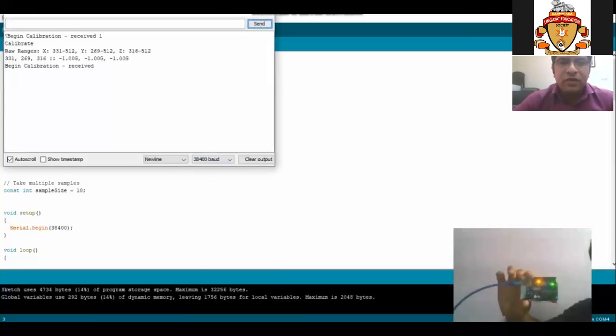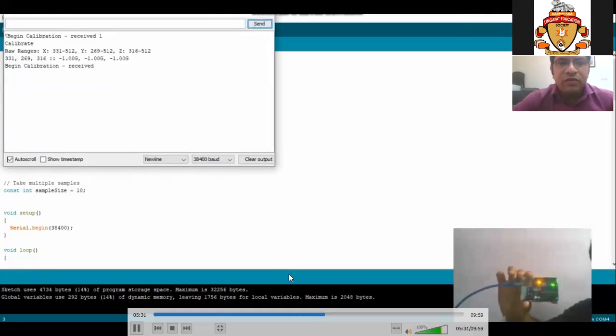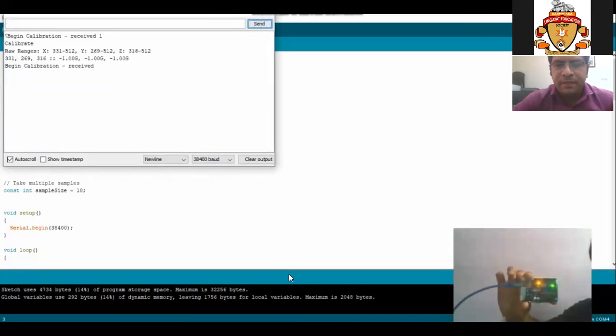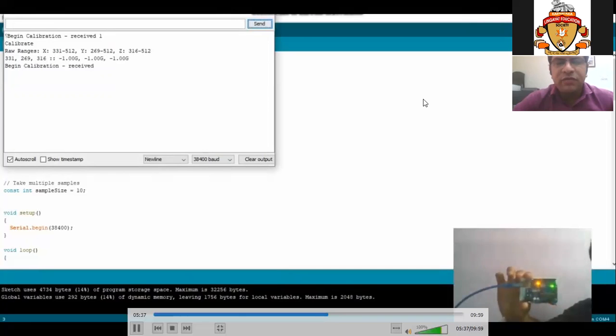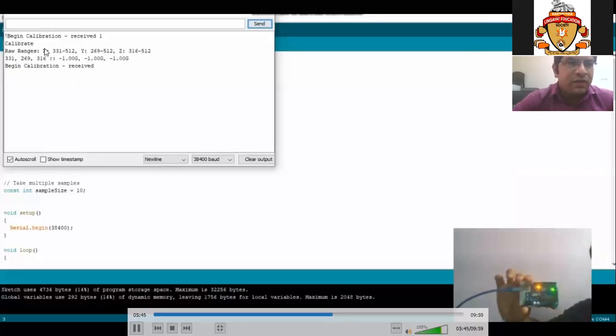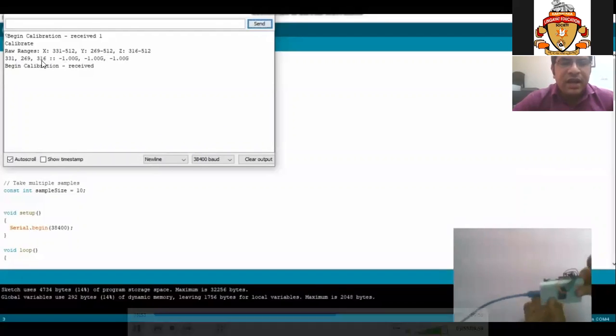Now what we have to do is move this particular Arduino Uno into different orientations, and we will check the values we are getting for minus 1G. So for x minus 1G, the x-axis value is coming as 331, the y-axis is 269, and the z-axis is 316.